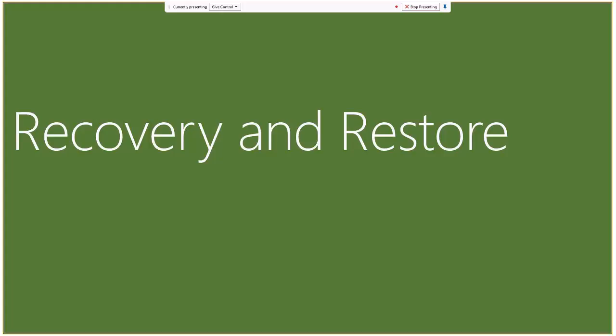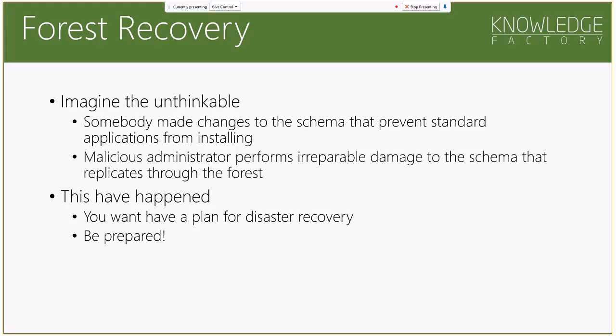Recover and restore. So let's go through forest recovery. We have to think about a situation where you never want to be and you never want to end up in. And trust me, from experience, it's not a fun thing. I've done this for Microsoft on multiple occasions. Somebody does something to the schema that prevents standard applications from installing. What I mean by that is if you do have applications that update the schema, make sure they have